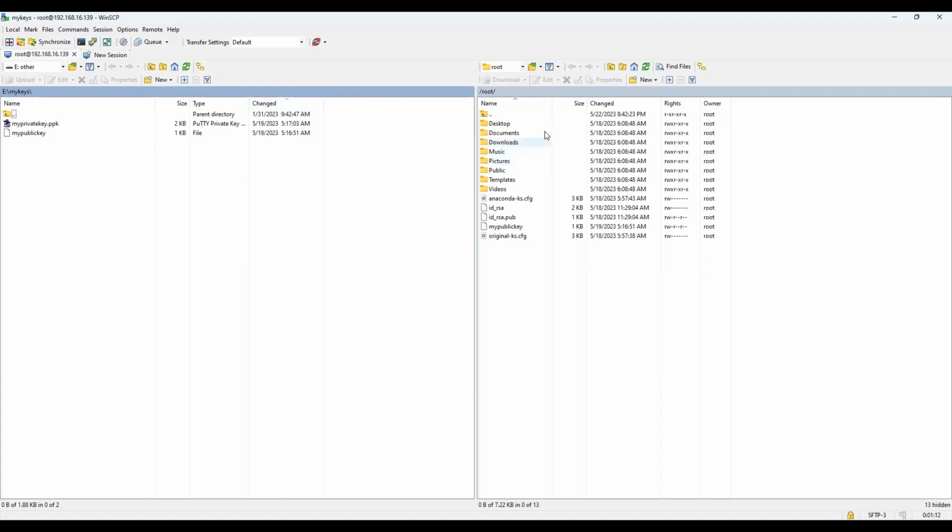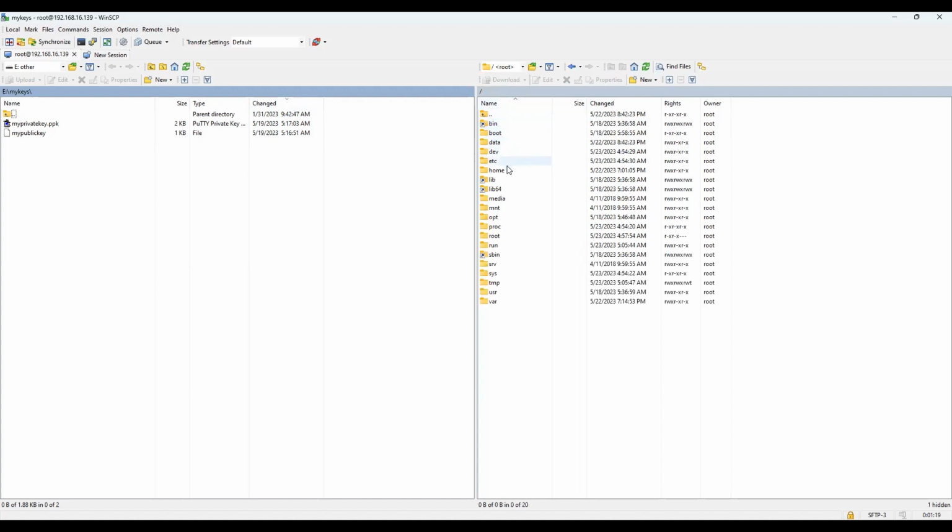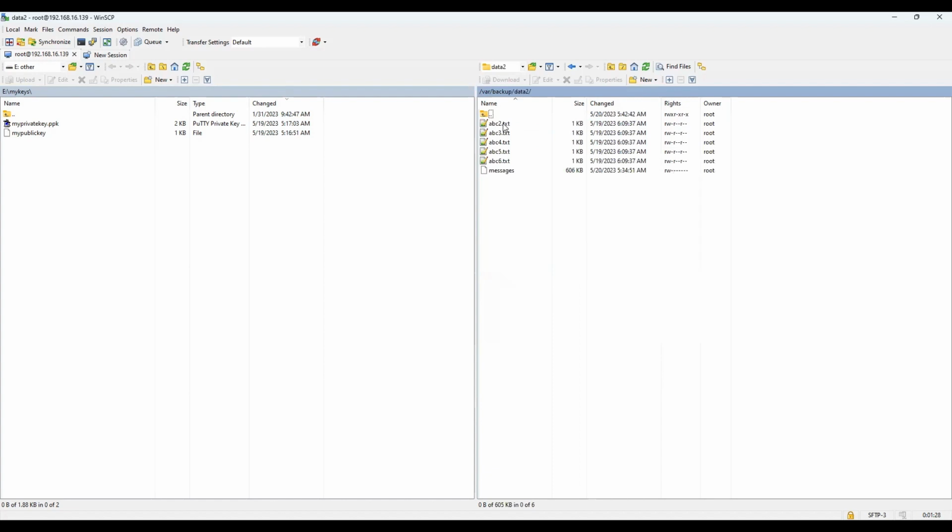Let's say this is my root. So as we can see in our Linux, we have root, boot, data, etc, home. All the directories are available here. And in var, we have created a backup folder, and then we had data2 and these text files. So if I want to copy it to my E drive, let's say my E drive,